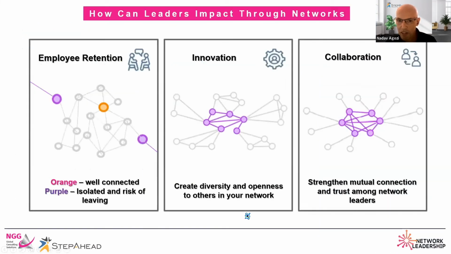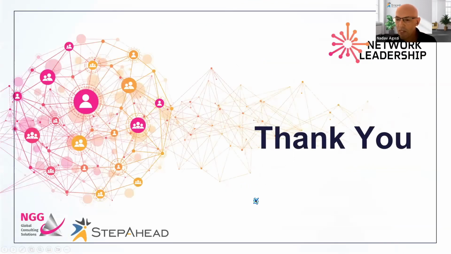Okay. So when we talk about making an impact, we want to use network analysis as a tool to create network leadership, to allow leaders to understand their network within the organization. And really, I think that what we offer here is a different way of thinking about your company. So that's how we use network technology and network mapping.